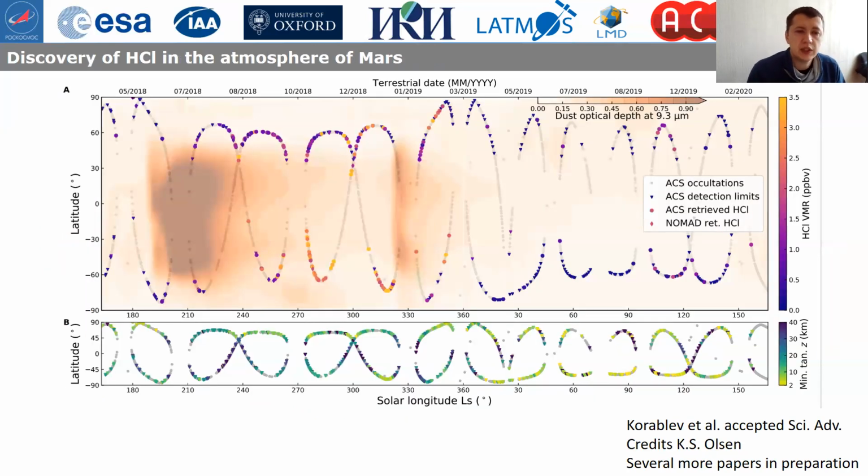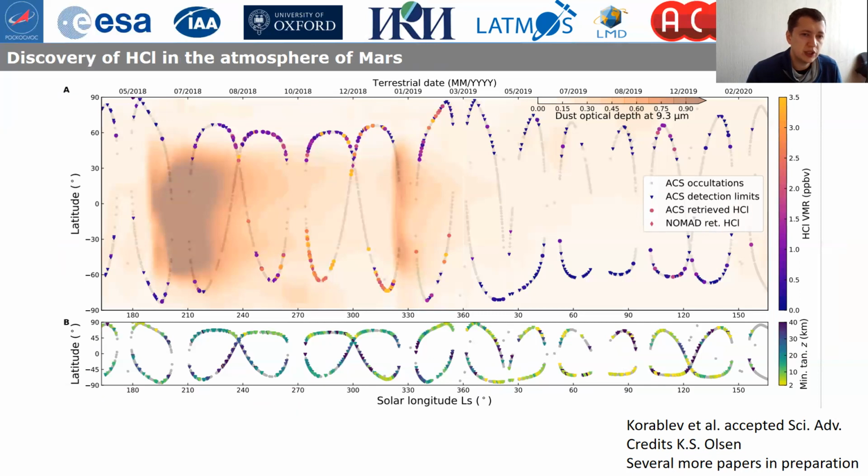Recently, HCl was discovered to be present in the atmosphere of Mars, and surprisingly, it was found only at a certain season, the perihelion season, when it's often dusty in the atmosphere of Mars and when the water is rising to high altitudes. So all that is leading us to a